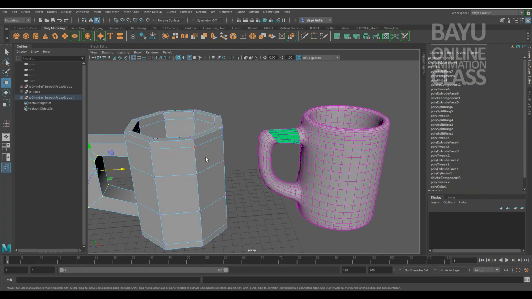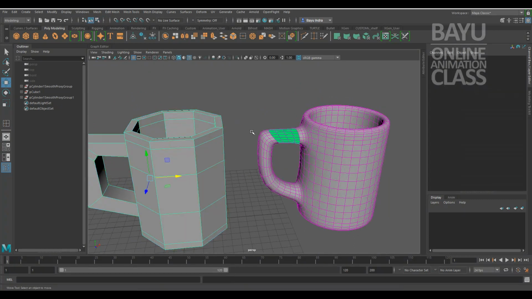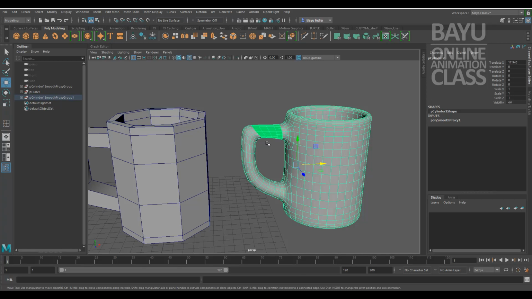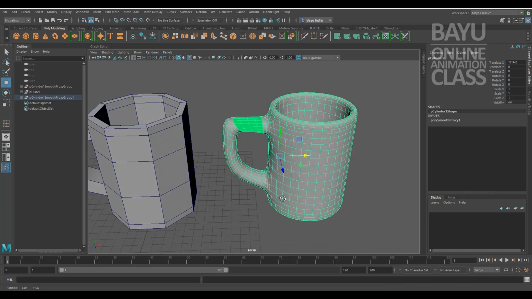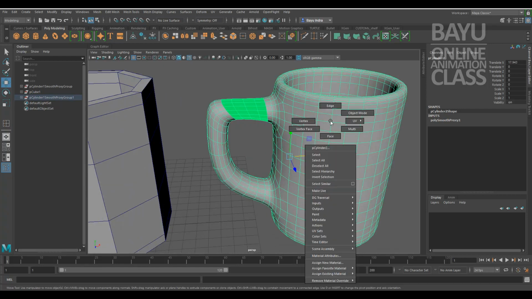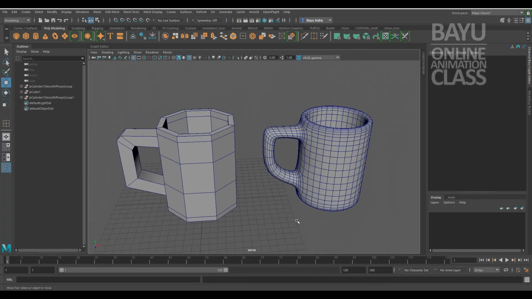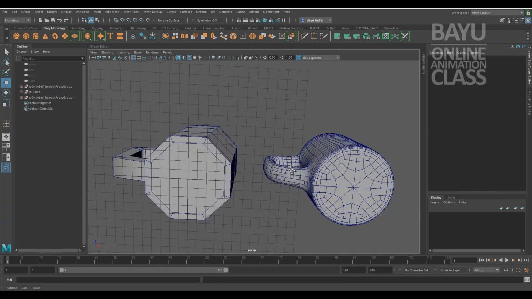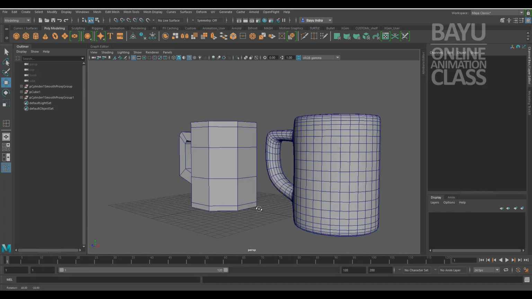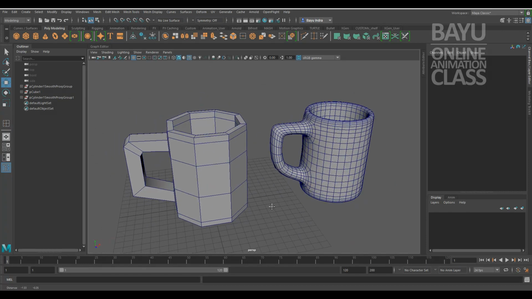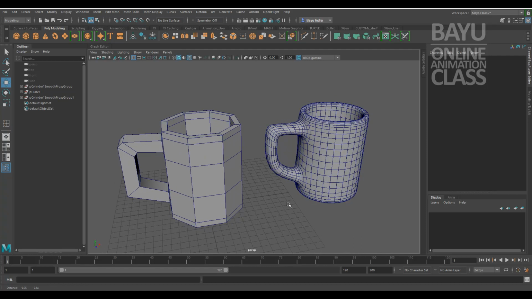If you see the green area on the smooth object, this is only not refreshed on the shader. Just right click, assign existing material, pick number 1, and then this goes back to gray. Okay, this is the glass, the final result of the glass, and then